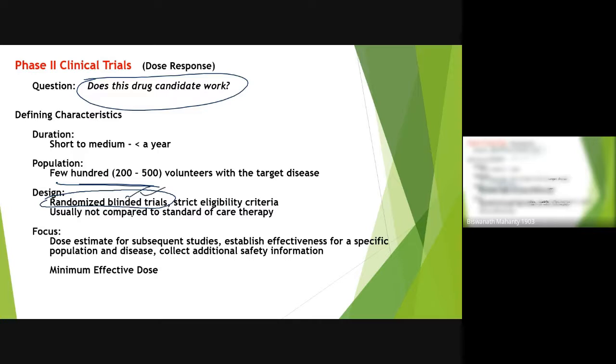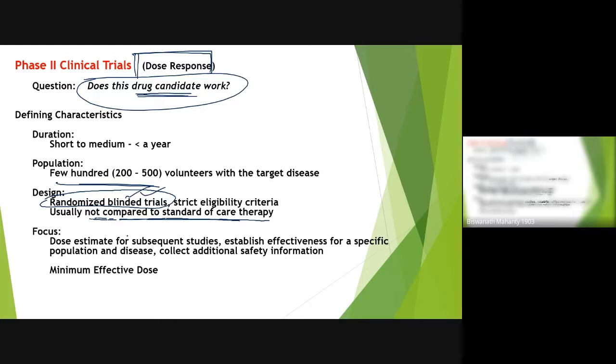Strict eligibility criteria. So we should definitely define who will be considered in this test or not. Otherwise, we can actually exclude them from the study design. Usually not compared to standard of care therapy. We are not going to do this. We are not comparing with the existing study, not like that. It is only for the drug, whether it is effective for the desired purpose, not undesirable. Dose response, essentially. If I put the drug, how much response are we getting physically or not. This is a very important aspect.